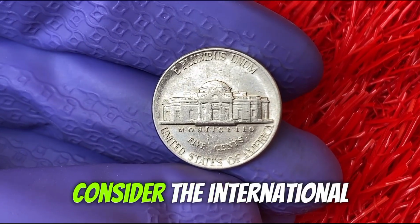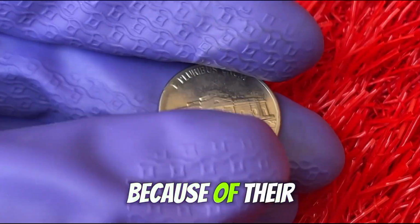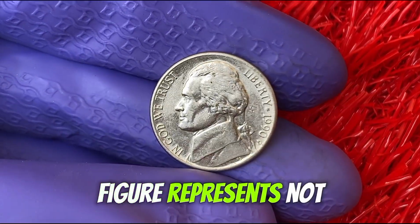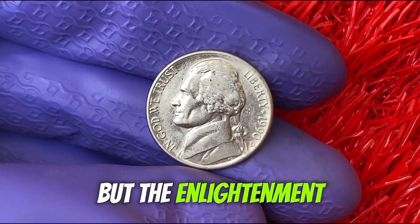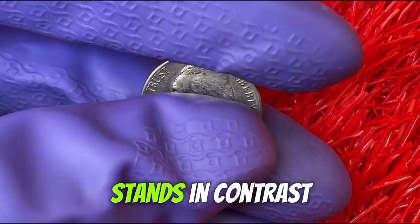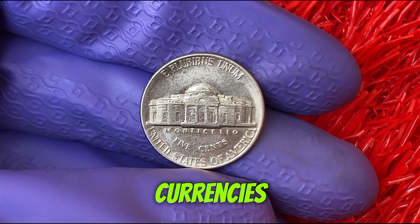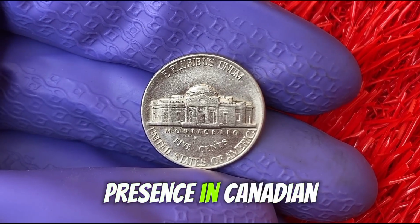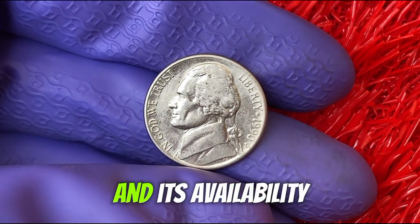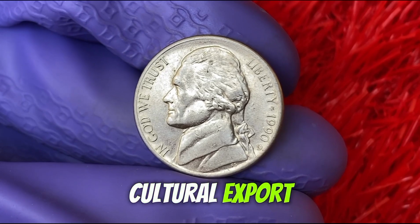We also must consider the international collector base, which often focuses on American coins because of their iconic designs and economic symbolism. Jefferson as a figure represents not just America, but the Enlightenment ideas of liberty, reason, and republicanism, and his coinage stands in contrast to monarchic and authoritarian imagery used on global currencies. The nickel's bilingual presence in Canadian border towns, its use on U.S. military bases overseas, and its availability through global auctions means it has quietly become a cultural export, even as it